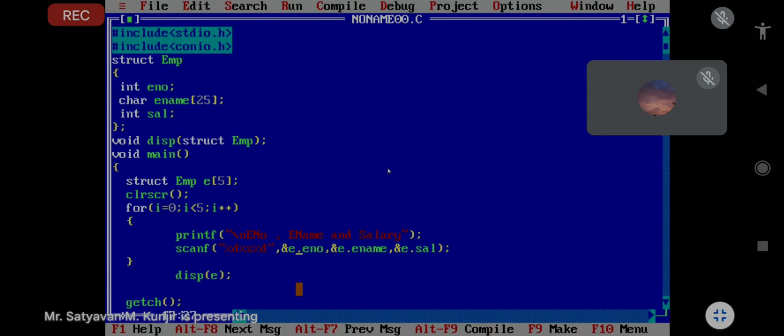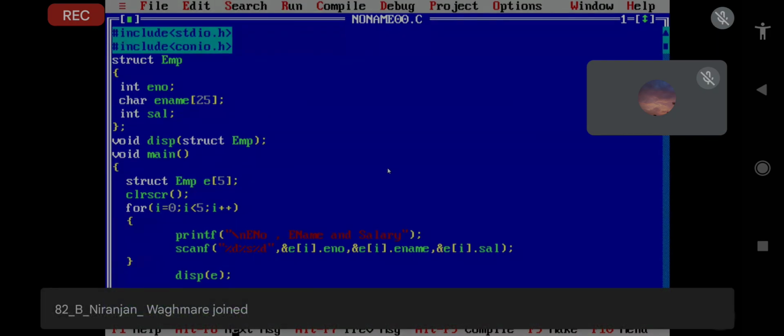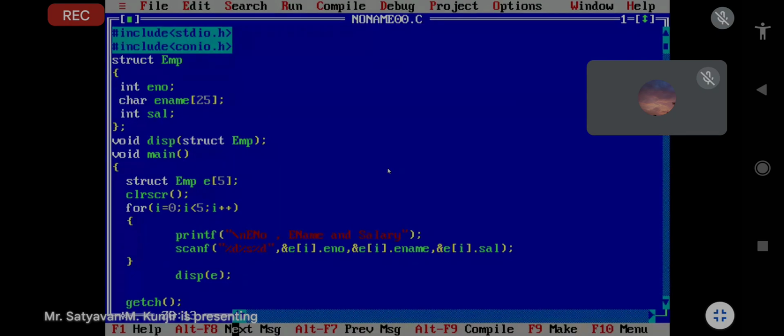You have to write here e of i dot e number, e of i dot e name, and e of i dot sal. Okay, that is for accepting the details of 5 employees.